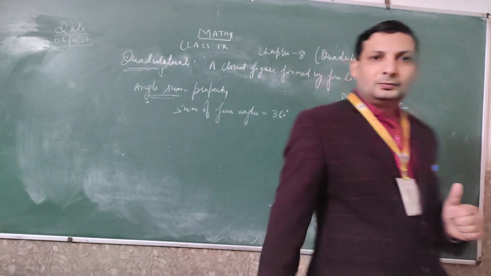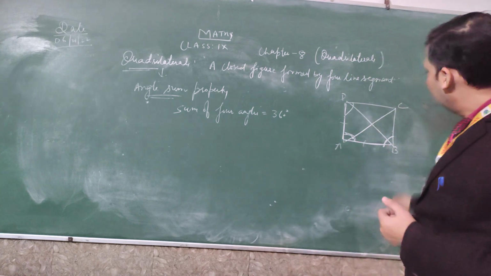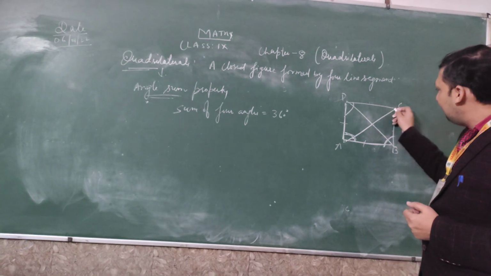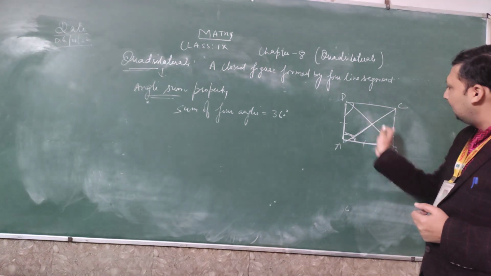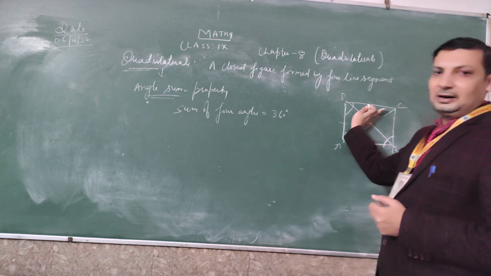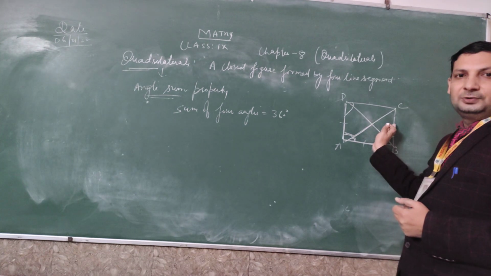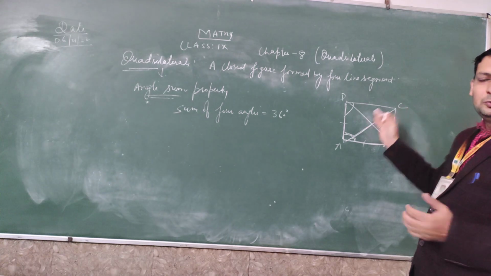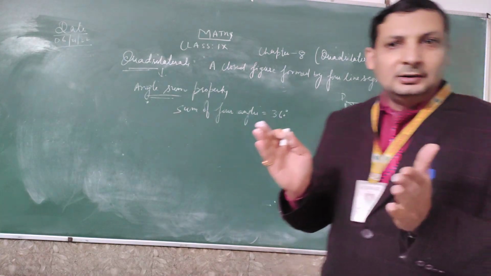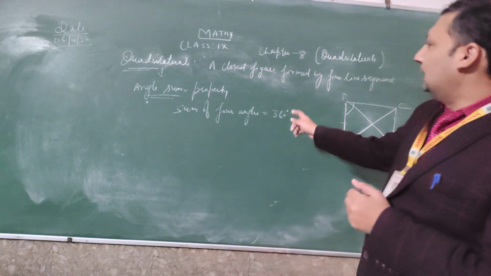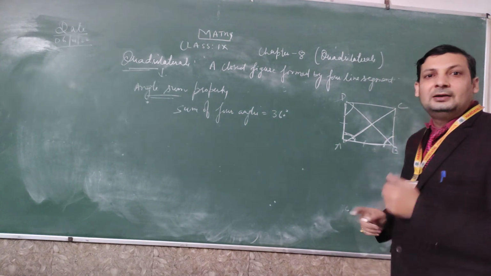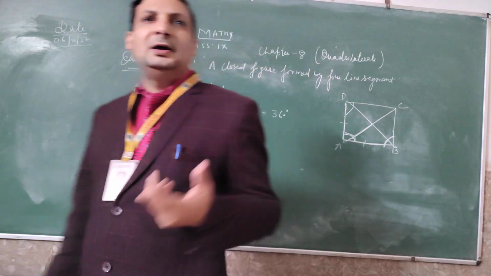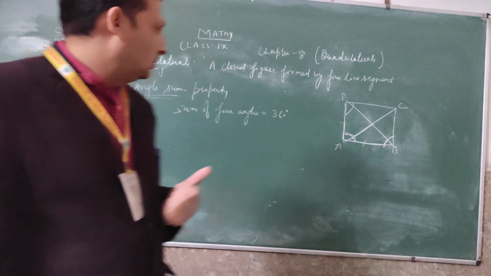Now see here a little bit. Suppose I take AC as a diagonal. It means diagonal AC divides the whole quadrilateral into 2 parts: one triangle this and one triangle this. When I join the 2 triangles, they form one quadrilateral. By the angle sum property of a triangle, 180 plus 180 gives 360. Or we can prove it in a different way when we discuss the theorem.